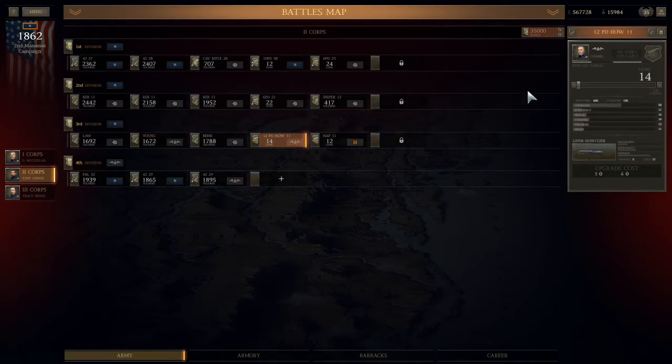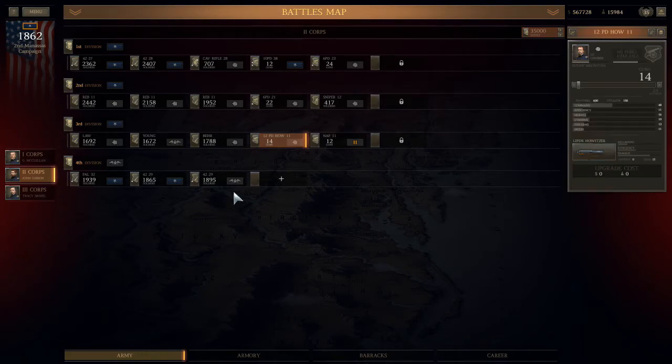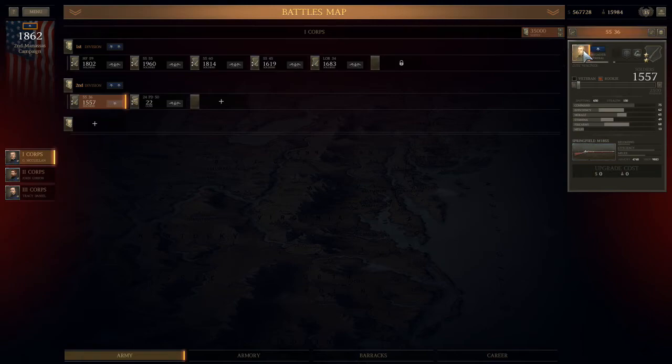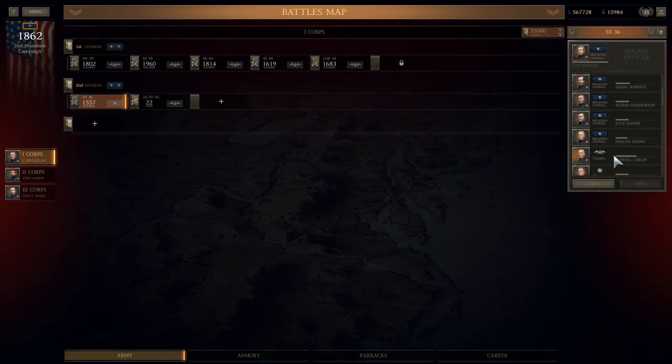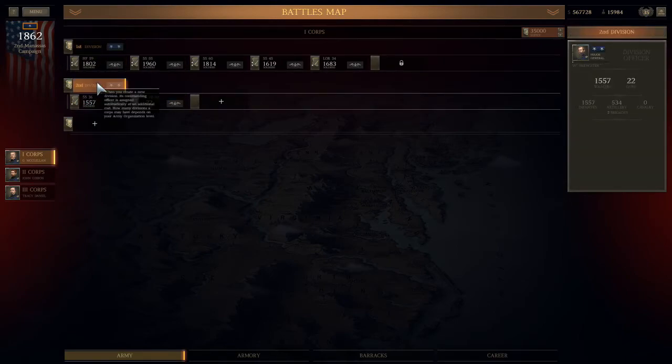I'm just checking, am I missing anyone? That guy's pretty good. So we'll place him here. Boy, that division commander, or that brigadier is ready for his 2nd star. So we'll get him promoted soon too. Okay, so yeah, my 2 stars are all pretty green, so